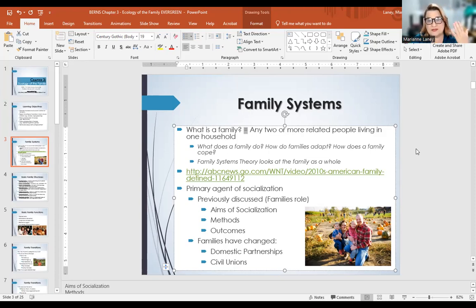Independence, figuring out your place in the universe, coping with body changes and the aging process, finding meaning, financial support, emotional support, recoupling, finding your own partner. There are lots and lots of aims of socialization, and there are different methods. Sometimes parents are very cognitive about it: today, we're going to sit down and you're going to learn how to balance a checkbook. That's like old talk right there. Use a debit card or use Venmo.